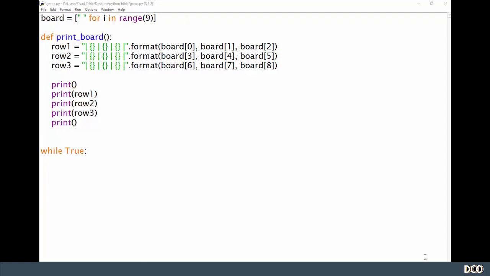Now we need to ask them where they would like to place their move. If the player enters 1, they're going to move to the top left. If they enter 5, they're going to go here. Okay, if they enter 8, they're going to go here. So just imagine these blank spaces being like the numbers on a telephone. 1, 2, 3, 4, 5, 6, 7, 8, 9. So to ask for